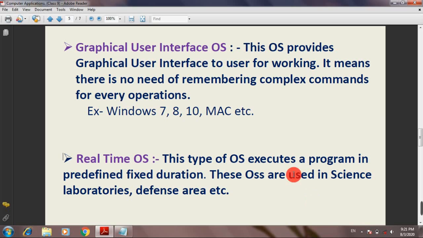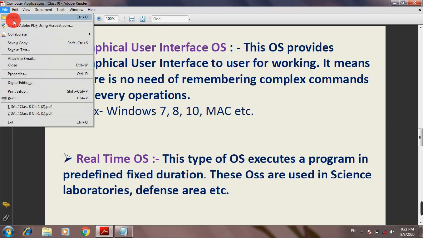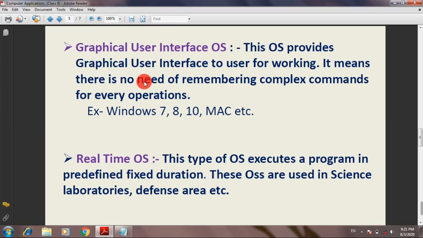For example, here I am using this software. This software has GUI elements. If I want to access open command, save a copy, save as text, all these things I can do by clicking on the buttons or different options. But in case of CUI, you will have to remember commands for every operation done in this software. So this is the basic difference between GUI and CUI OS.